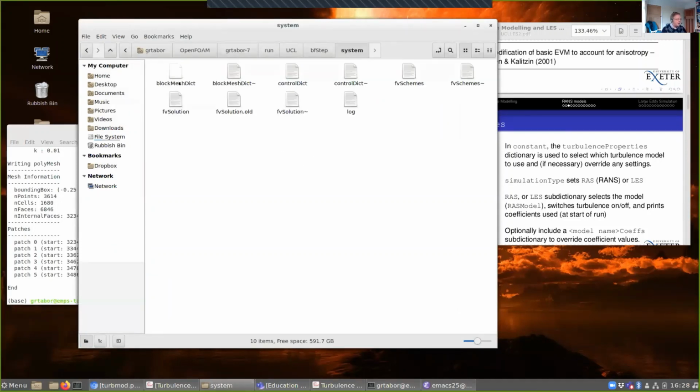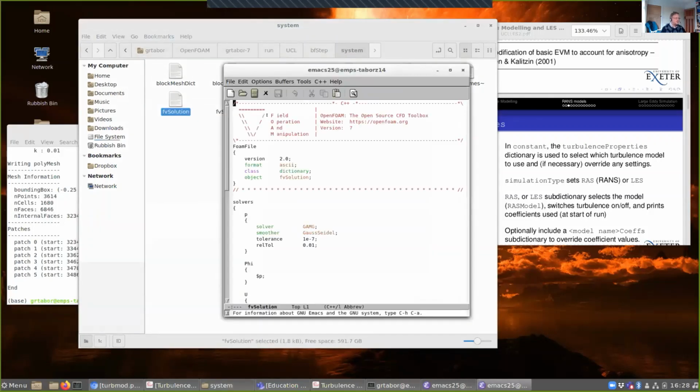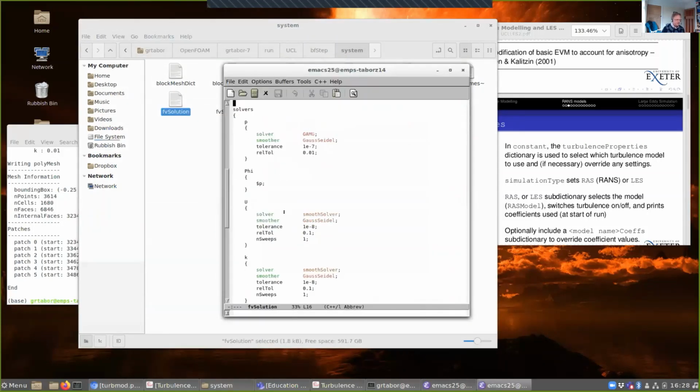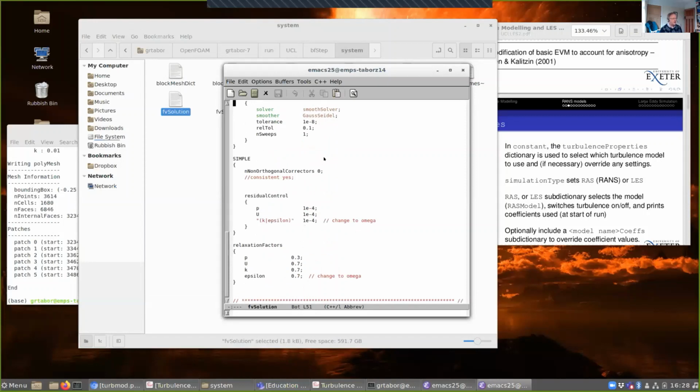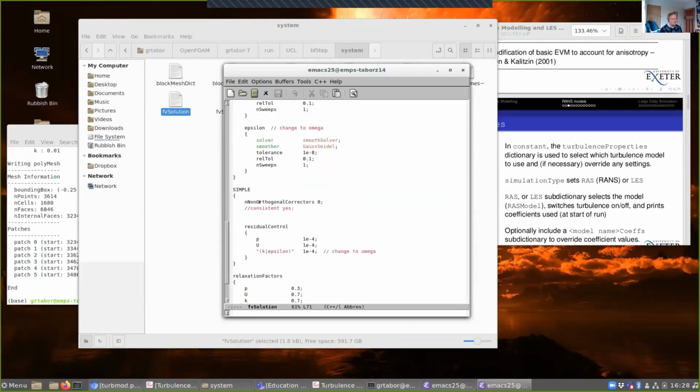So in here, fvSolution specifies the different solvers, and I'm using algebraic multigrid, which is standard and quite fast here, and I've set it up with SIMPLE, and residual control enables me to stop the simulation once it